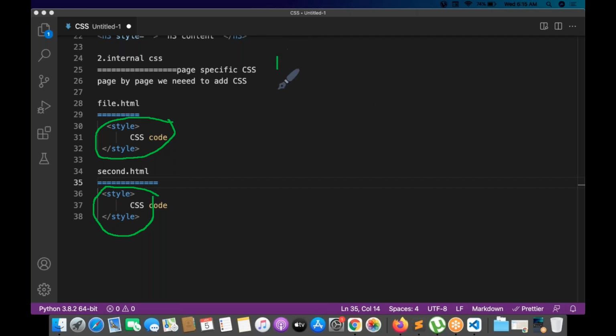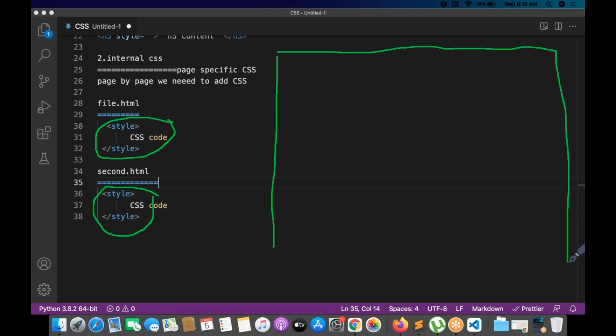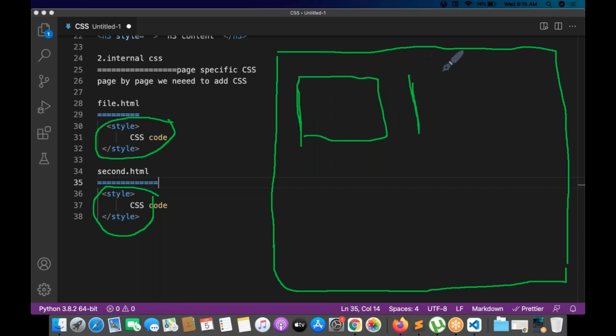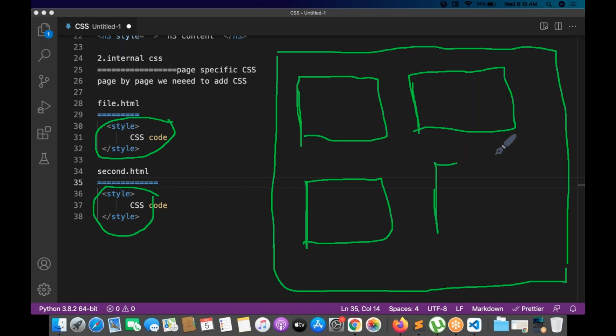Suppose this is a web application. In this web application, you'll have multiple pages. For each and every page, I write the CSS. This is called internal CSS.